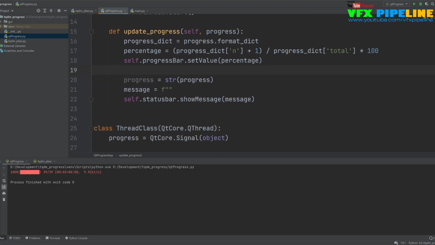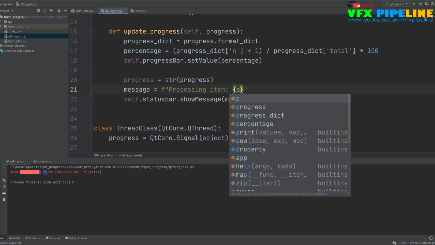And now I created a string progress, so I can play around and split things and get the values which I want. So this is what I'm processing right now. So my message should start with processing, and then space item, then the number of items. That number of items I will get from progress,